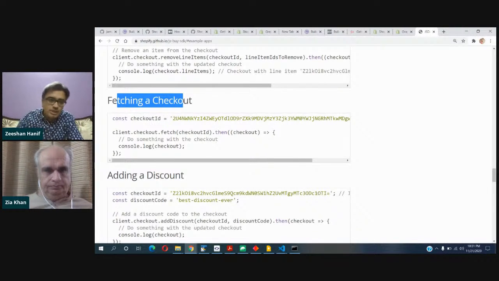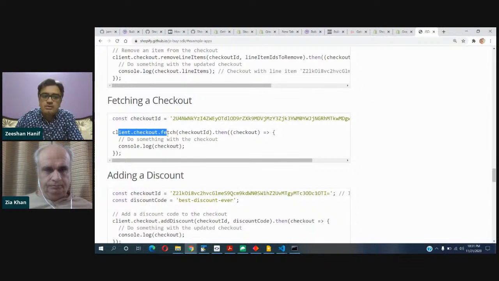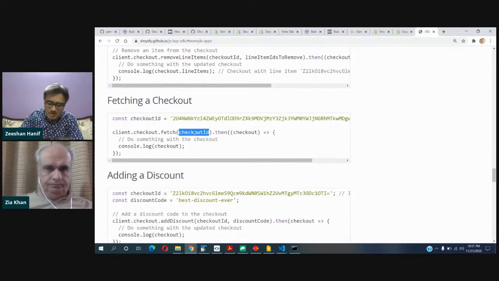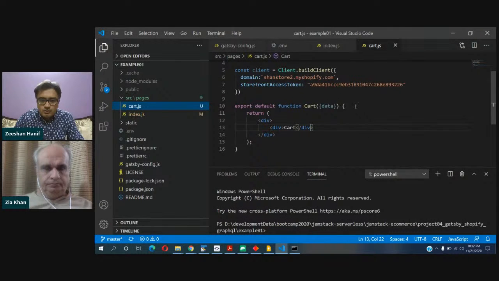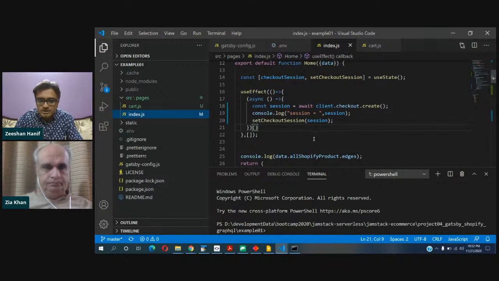For that, you have client.checkout.fetch, and you can provide the checkout ID so that it will load all the items. In our case, we are using it for a different purpose, but the objective is the same. You need to load checkout on a different page or after a logout, login, anytime. So what I'll do is, we do not have the data yet. So before going to this, what I need to do is,